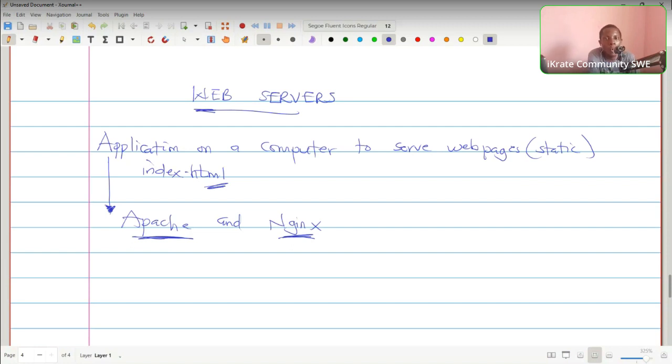So if you want to host your own website on your own computer, this is the beginning. You need to have a web server on your computer, and that web server would serve the web pages when anyone requests them,